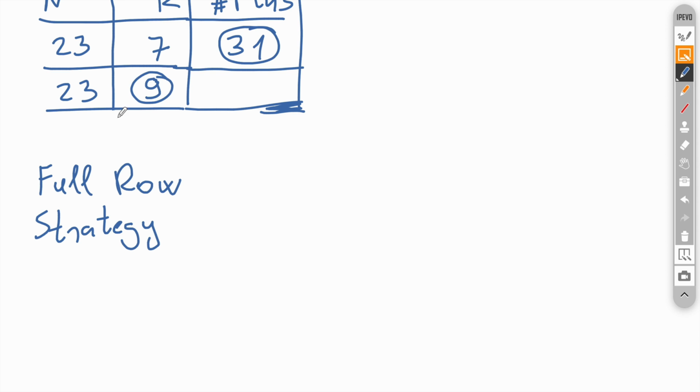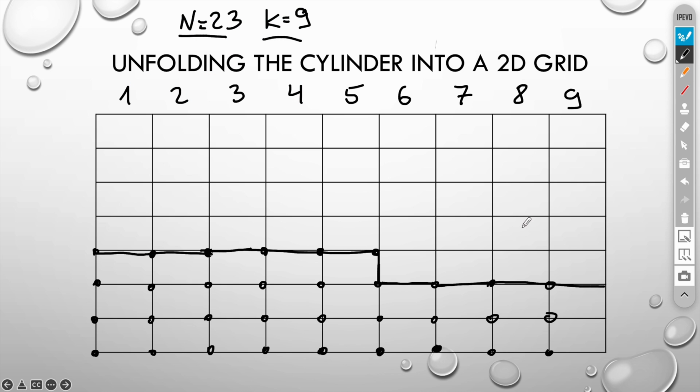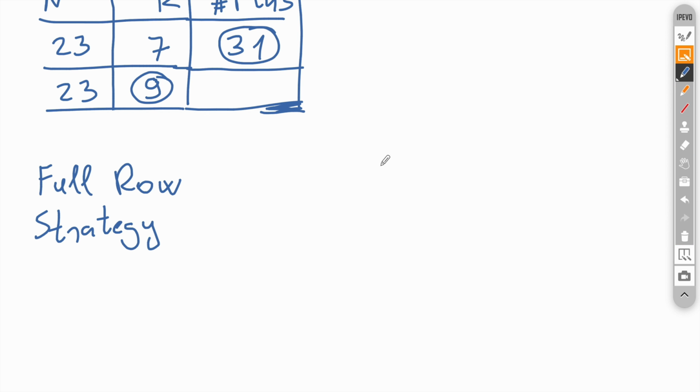Let's try another example with k equals 9. Here is the arrangement for k equals 9. This row here is not fully filled and has 6 pins, and these require 9 each, so we have 3 times 9 plus 6, it's 33. After these two examples, let's do some analysis. What is really going on here?